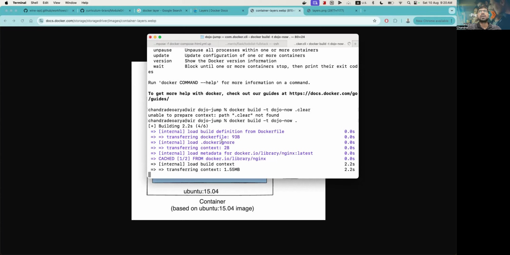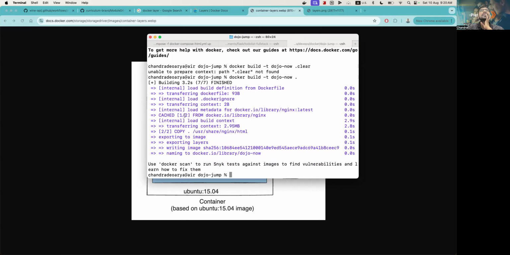If you see what this is trying to do, it is saying, see, multiple layers it is building, cache